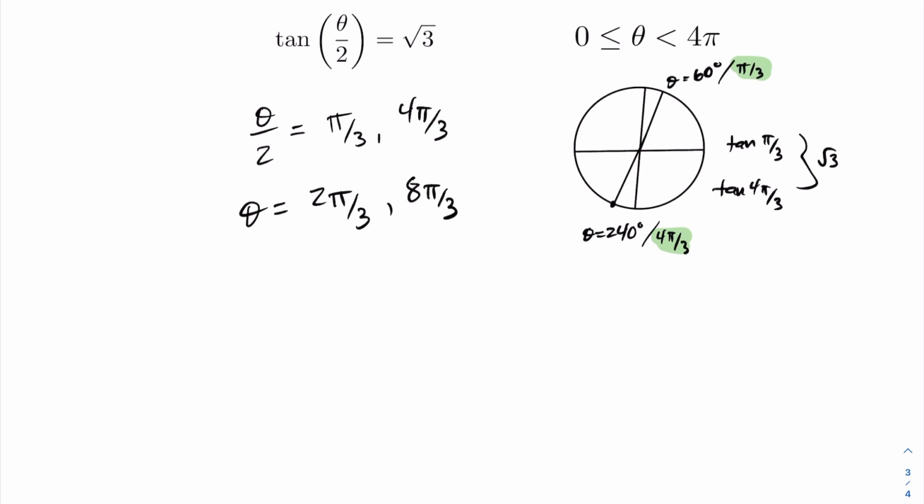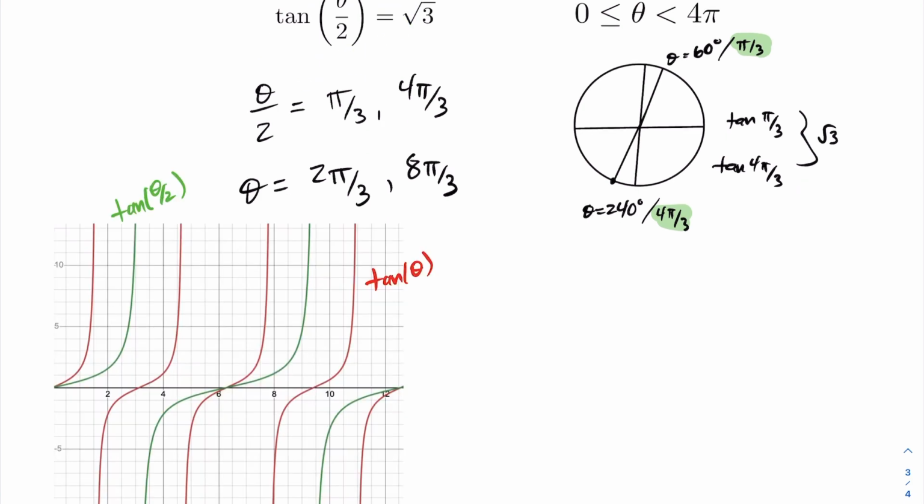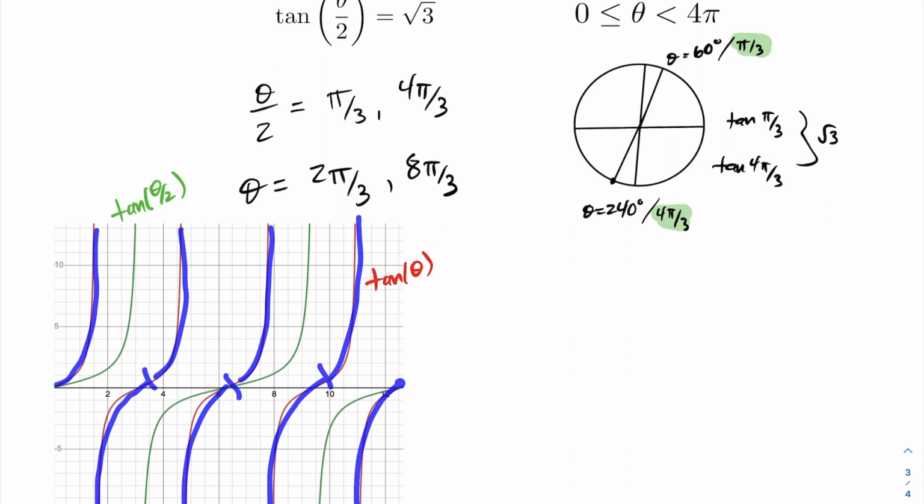Let's take a look at a graph of the tan of theta compared with the graph of the tan of theta over 2. So taking a look at a graph here, I have in red a graph of your tan of theta, and we have a graph of the tan of theta over 2. Notice the tan of theta has a period of pi, and we're going from 0 to 4 pi, so you can see here that we've got one cycle of your tan of theta, a second cycle, a third cycle, and a fourth cycle of your tan of theta,